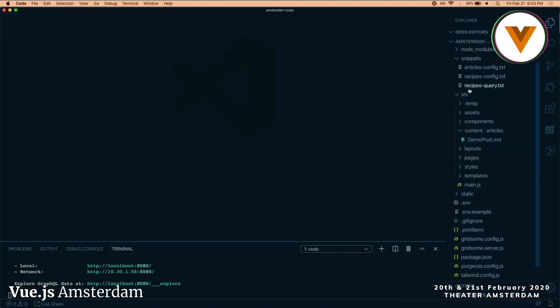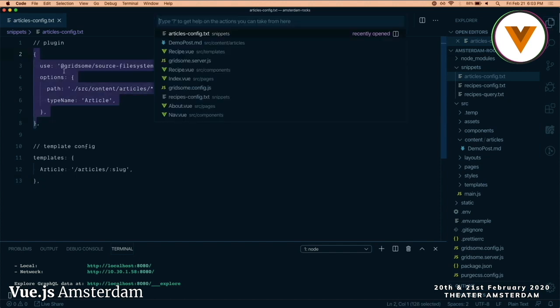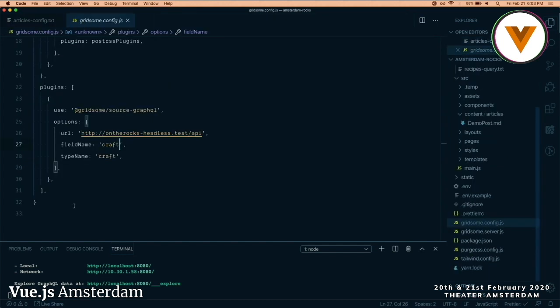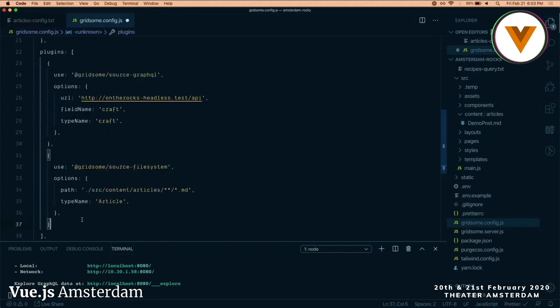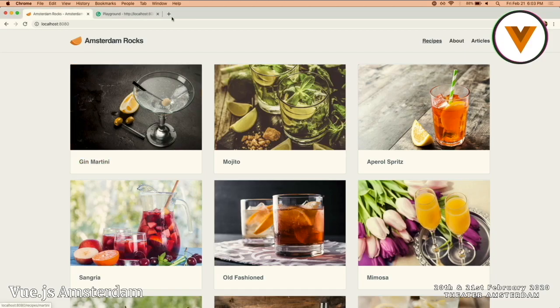So what we're going to do is hop over and grab this configuration, and we're going to use another type of source plugin. These are both source plugins, the one I showed you earlier for stitching in a GraphQL schema, and this one. So we're going to open back up our configuration file, Gridsome config, and toss this in here. I'm going to say, hey, find every Markdown file under source content articles, and then pull that in and make a collection. This is this type name. Make a collection of content called articles. So I'm going to run that, and I also need to provide